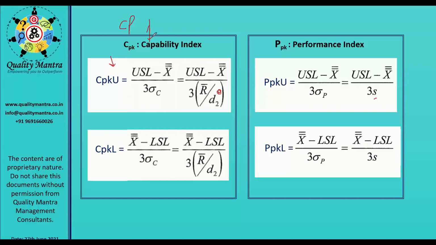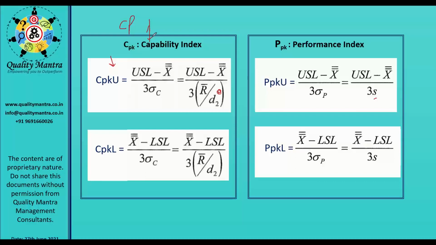So USL and LSL were both used together in the previous formula. Right now we are considering them individually in this formula. Suppose in the first formula we are taking only the USL value, and based on that we are finding CPK, where the LSL consideration is not there. The same vice versa is done in the lower formula. What are you using then? And what are you considering here? X double bar, what is that?